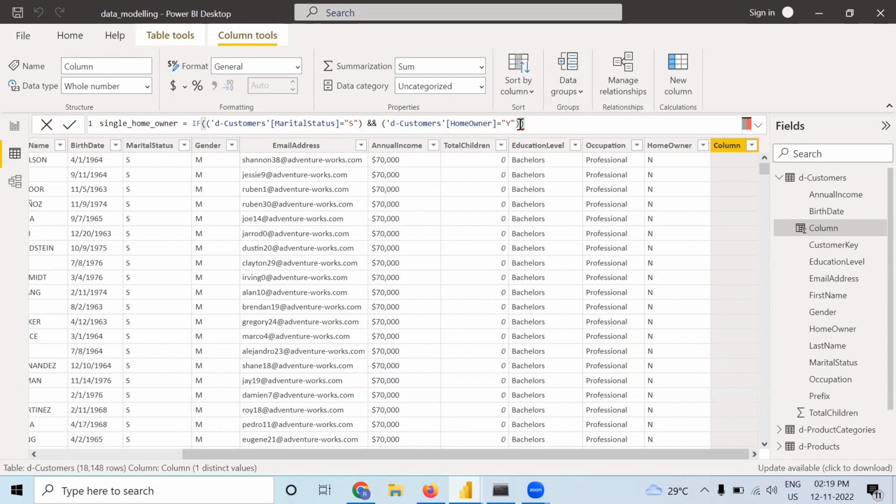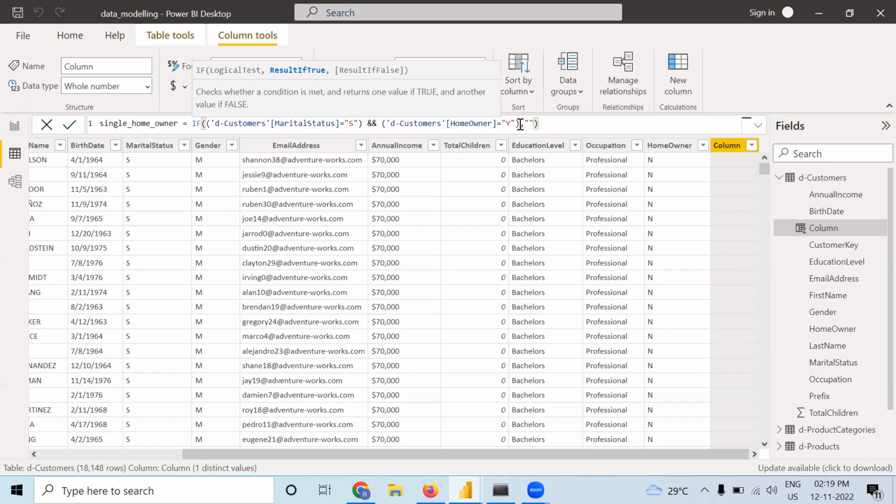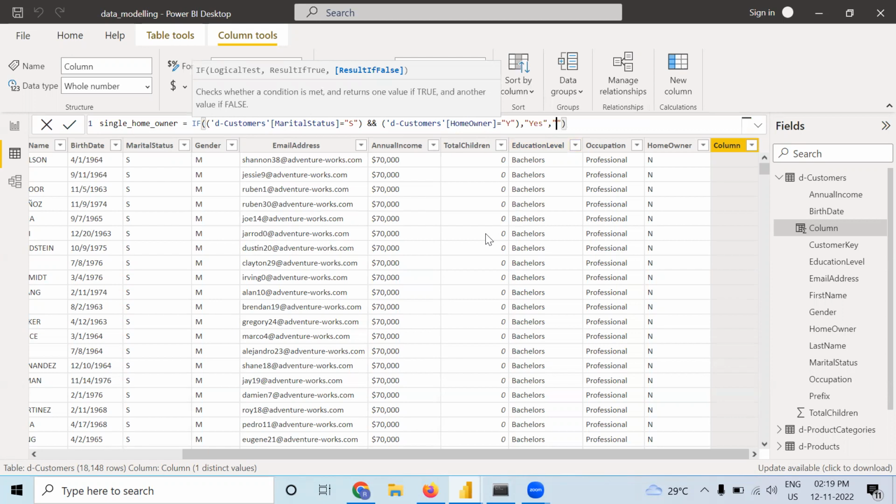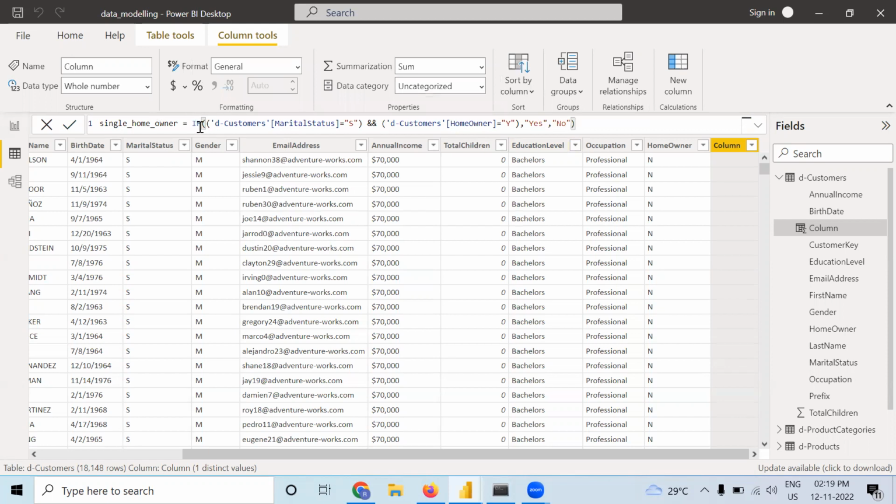If these two conditions are met, then yes should be written in this particular column, otherwise no should come. This is the simple thing: if this condition and this condition are met, then yes, otherwise no. When I press enter,